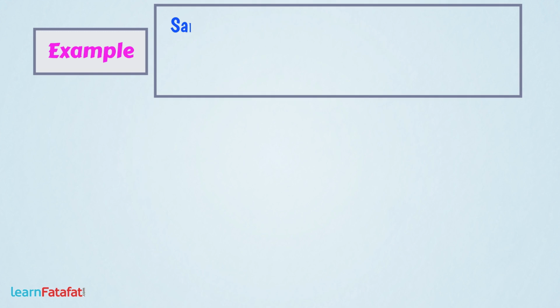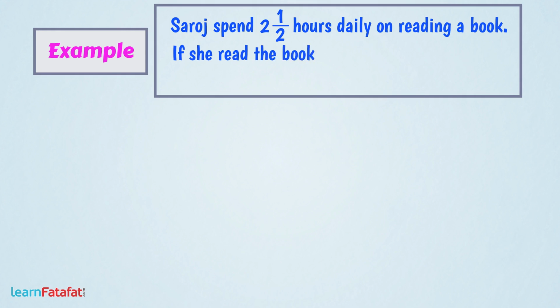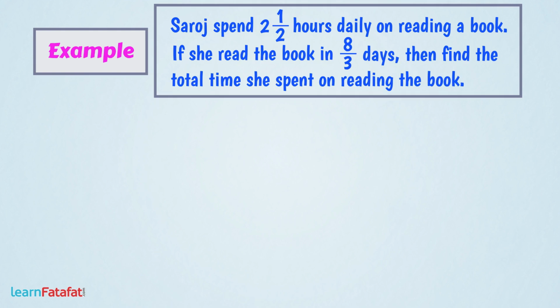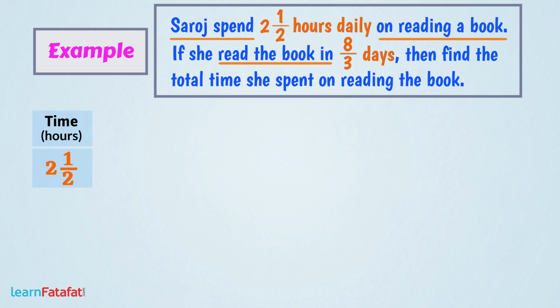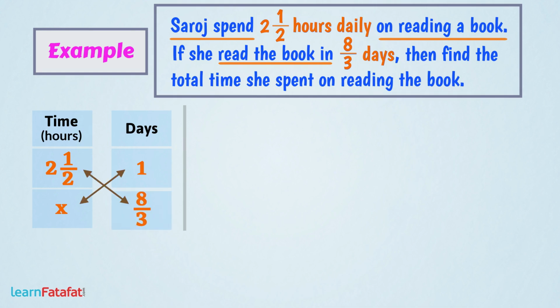For example, Saroj spends 2.5 hours daily on reading a book. If she read the book in 8 by 3 days, then find the total time she spent on reading the book. In the question, it is given that Saroj spent 2.5 hours daily on reading a book, and she repeated the same for 8/3 days. So we can write 2.5 hours in one day, and we will assume that she spent a total of x hours in 8/3 days. By taking cross multiplication, 2.5 into 8/3 equals x into 1, or x equals